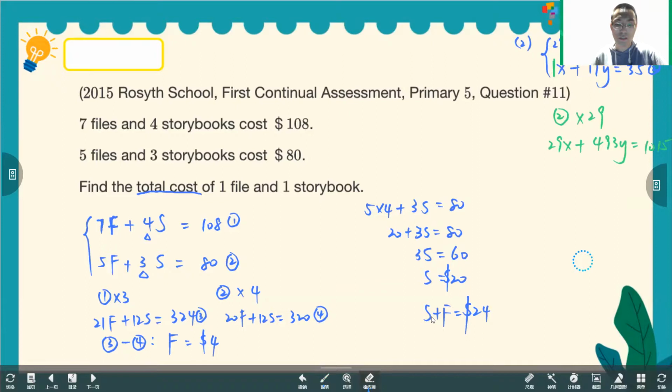Okay, that is quick. And then take away, this is the third equation. And then we use the third equation minus the first. The 29x minus 29x cancels out. Very good. And then 493y minus 23y is